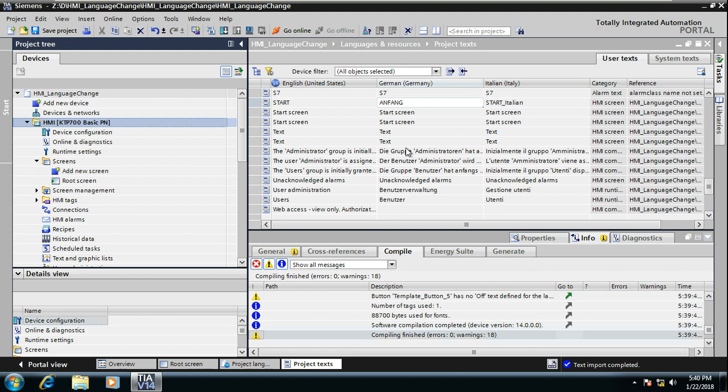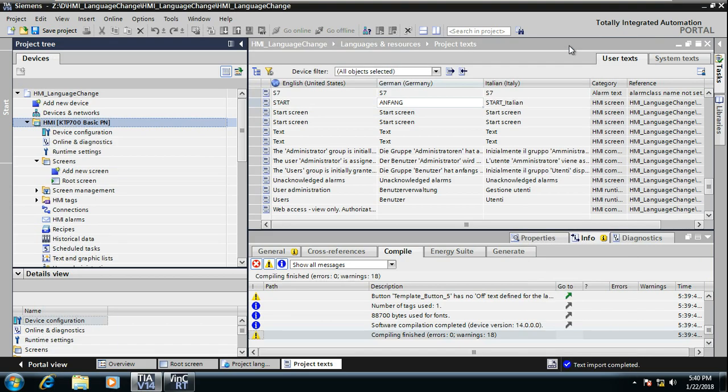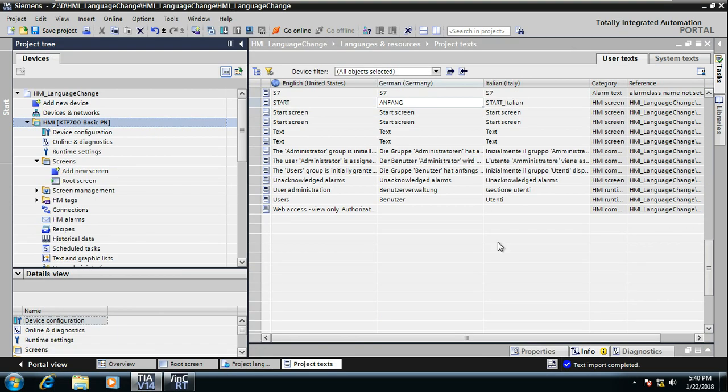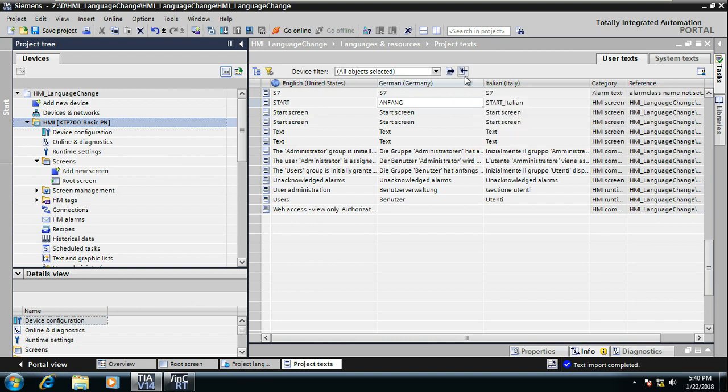This comes in help when the end customer wants the HMI display to be in a different language. What you can do is simply, as we have done here, open the project text, export the file, give it to him for conversion, and when it is done, import that file.